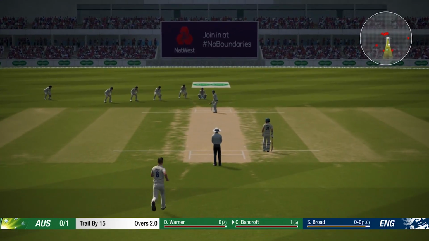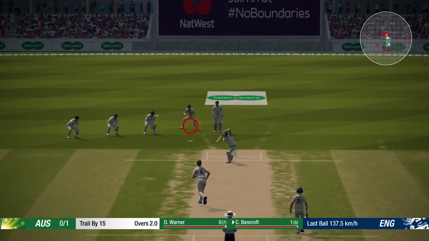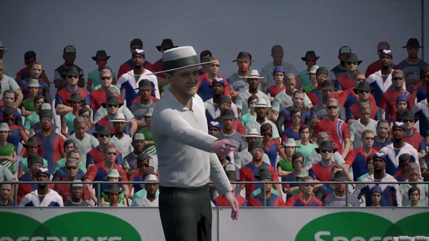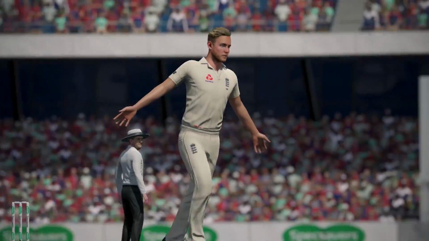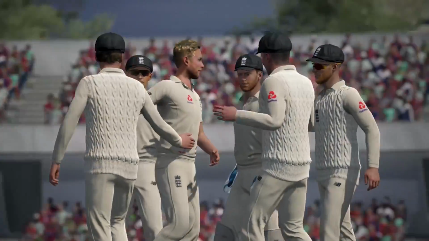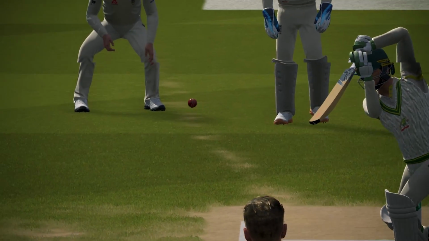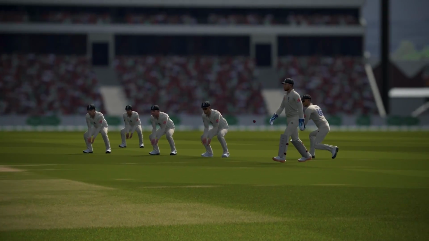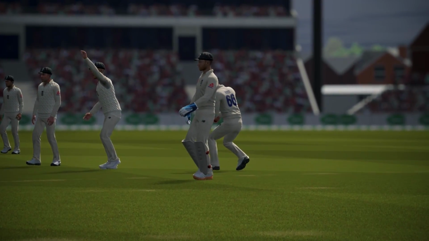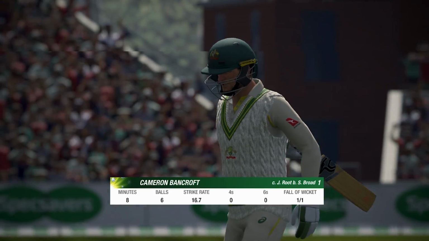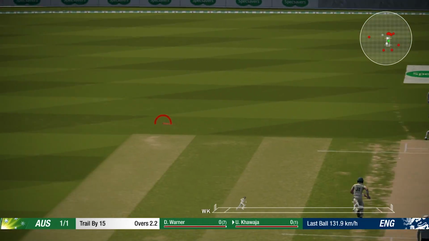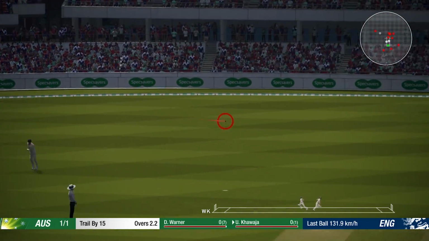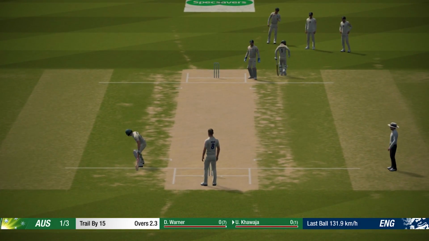So you wouldn't want to get out at this stage with just a couple of runs required for a victory. Australia off the mark there with Bancroft. Full toss, or not really full enough. It was full enough to get the half volley, and Bancroft driving, gets the outside edge. Stuart Broad gets the wicket. We're saying there's not much to gain from an Australian perspective. And Bancroft getting out here with a catch from Joe Root at first slip, not getting overly animated about it, knowing that the game is probably beyond them at this stage. But that could cost Bancroft a spot in the team as they look to cement a new batting order and a side that will take them to winning this series.